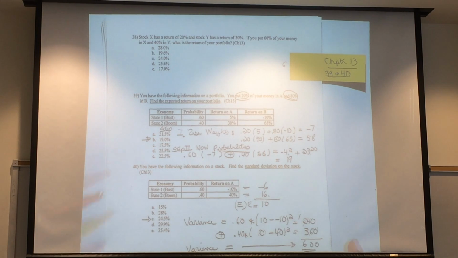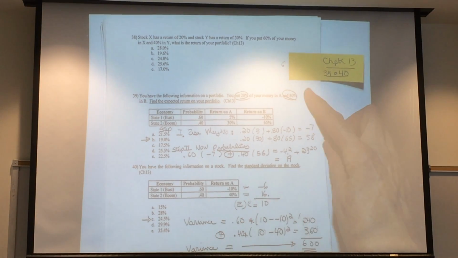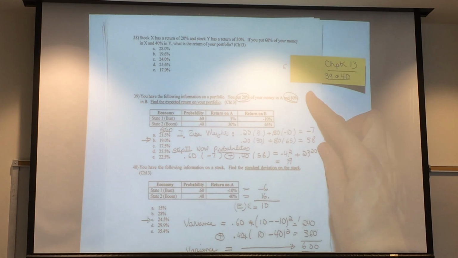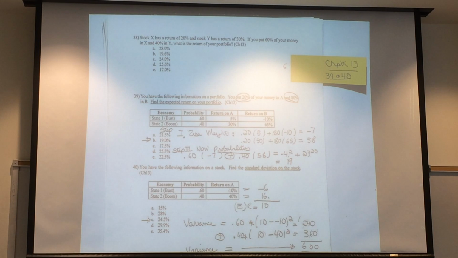So, they're asking you, with that information, and if you put 20% of your money in A and 80% in B, find the expected return of your portfolio. The first step is use your weights. Don't use the probabilities until the second step. Because it is separated like this,